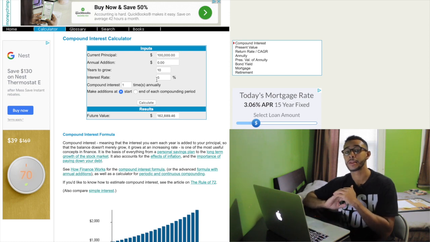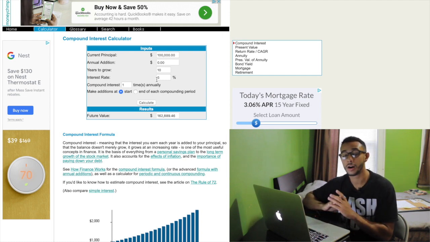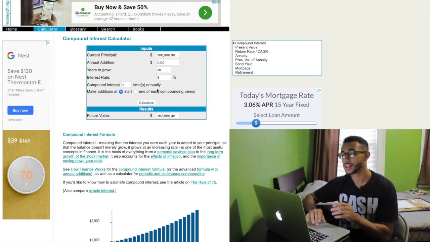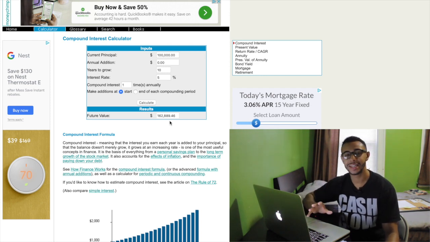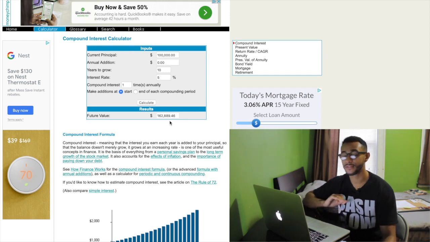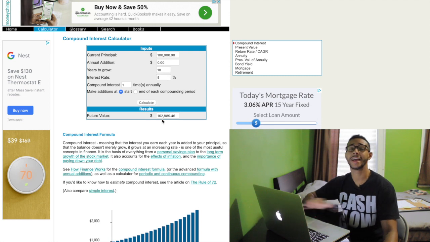This doesn't account for capital gains, the appreciation of the stocks that I will own when I have $100,000. So the dividends would have made me $62,889.46. Probably said that a little wrong, but whatever. You guys get what I'm talking about. That is just crazy. If I had 100 grand and I didn't put anything in it after that, gave it 10 years to grow at a dividend rate of 5%, that's how much money those dividends would have made me over the 10-year span.